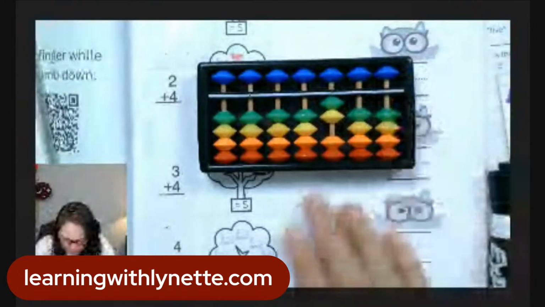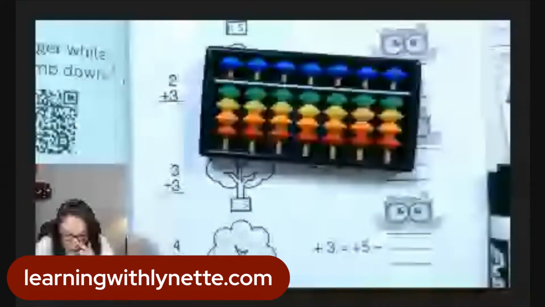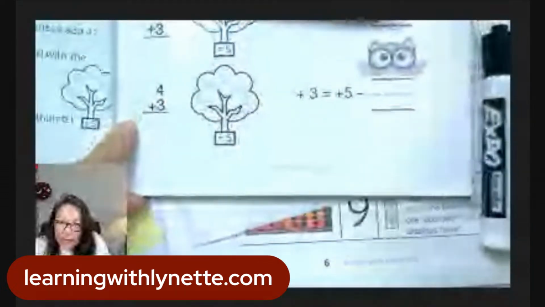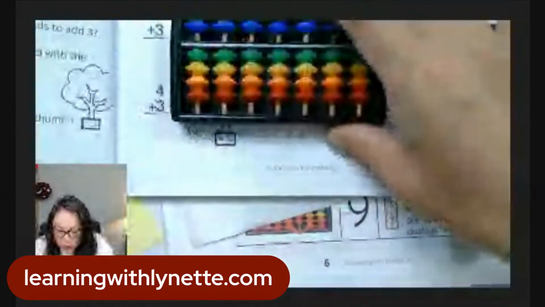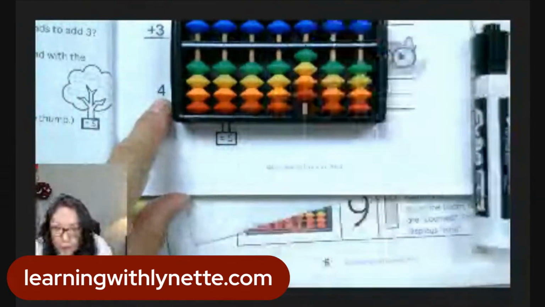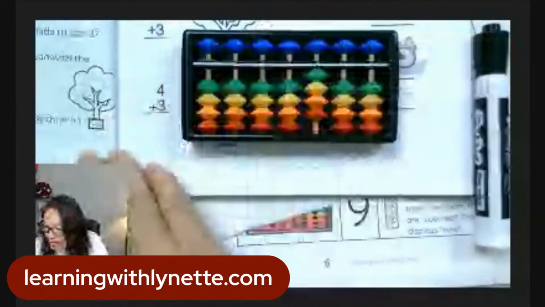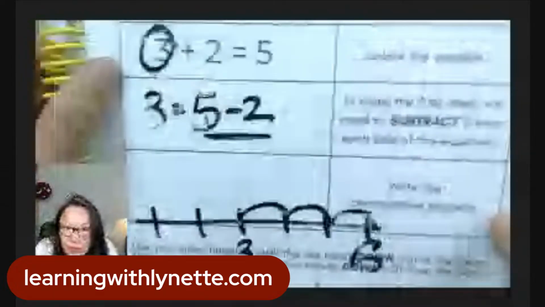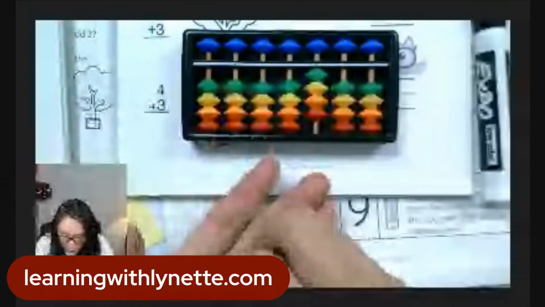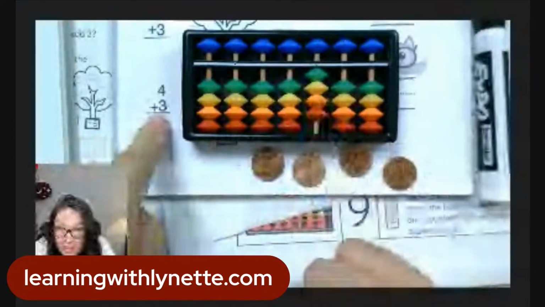We can do it again. We are working on 3. When we do 3, it's the same thing, but different numbers. What is the pair? The pair is 2. So when we look, our question is 4. When we want to add the 3, right? To add the 3, what are we going to do? We're going to plus the 5 minus the 2. So if I have 4 beads and I want to add 3, but I have this